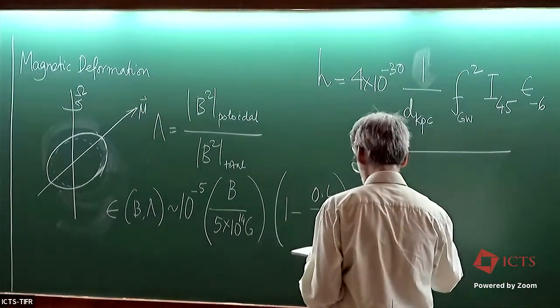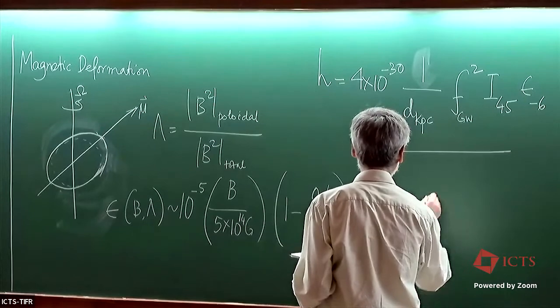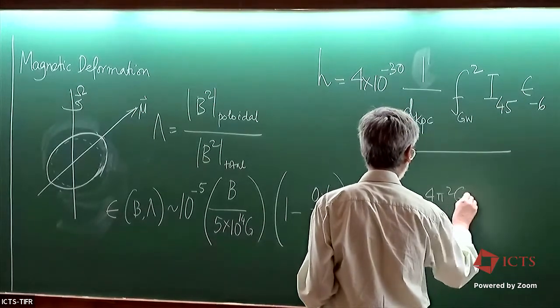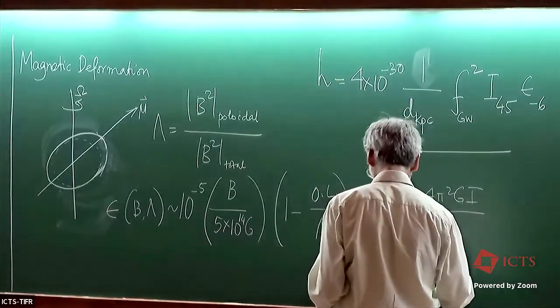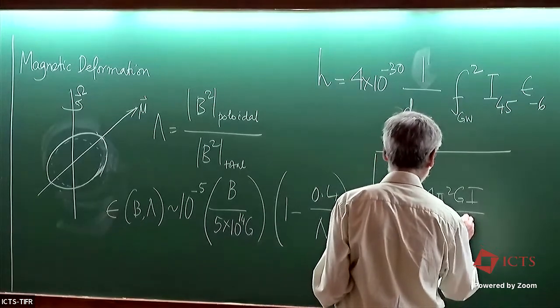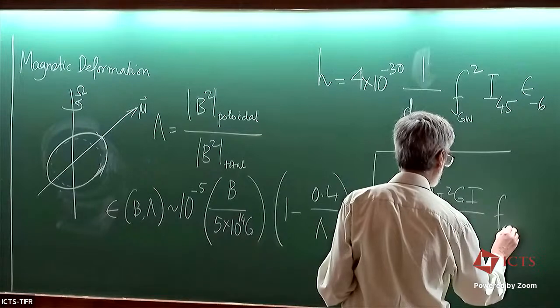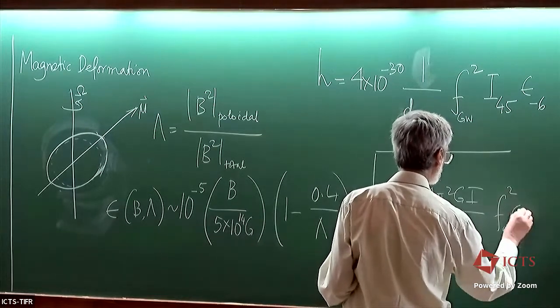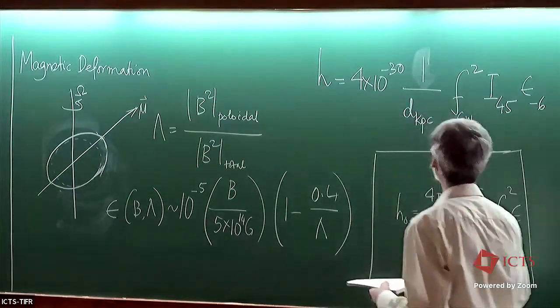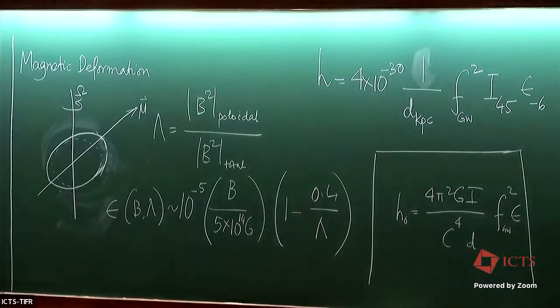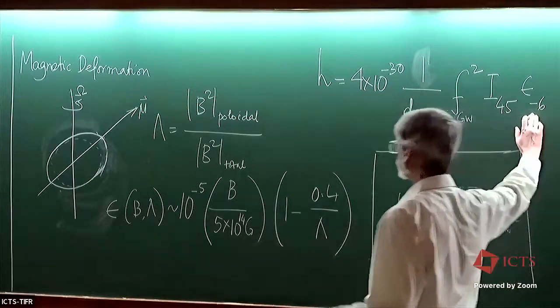The main expression is h naught is 4 pi squared G I epsilon f squared over c to the power of 4 d. So if you put in the numbers, you'll get this. So you can see that if epsilon minus 6 is of the order of 10,